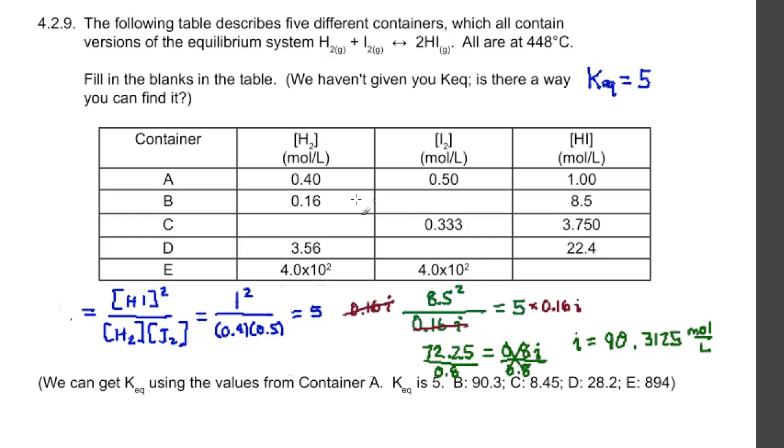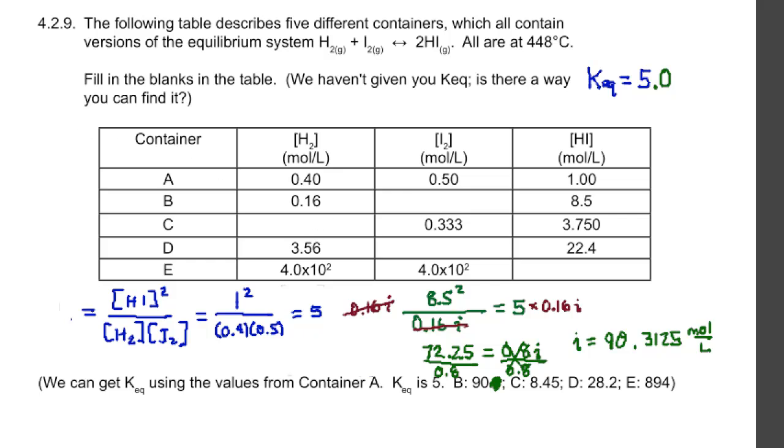And for sigdigs, this had 2, this had 2. I should have kept sigdigs for my equilibrium constant. This should actually have come out to 5.0. Sorry about that. That looks like a retcon because it is, but I promise the numbers that went into finding the equilibrium constant had 2 sigdigs, therefore this has 2. So we can afford to give 2 in our answer, and we can say 90. That's a minor sin right there. They left an extra digit in the constant. Right? So that's how we solve for a missing iodine, and now we get to do the whole thing again